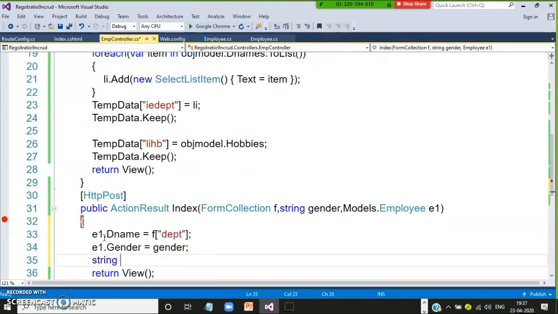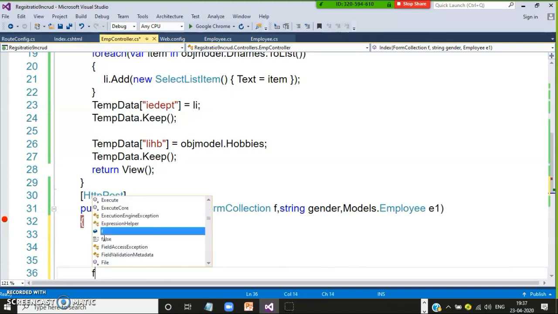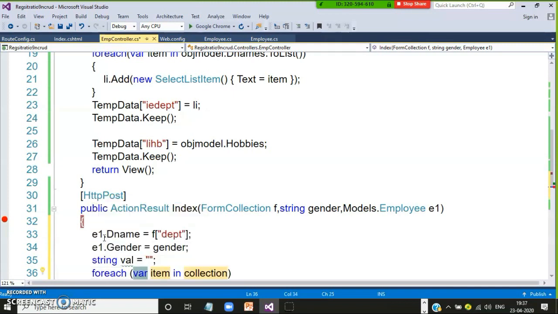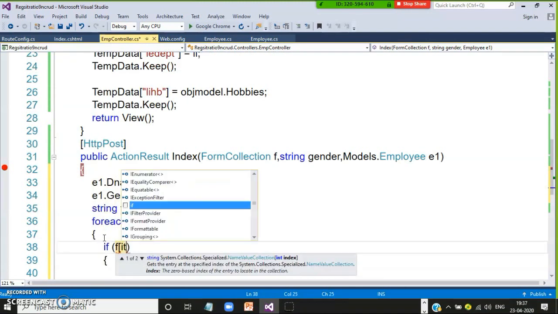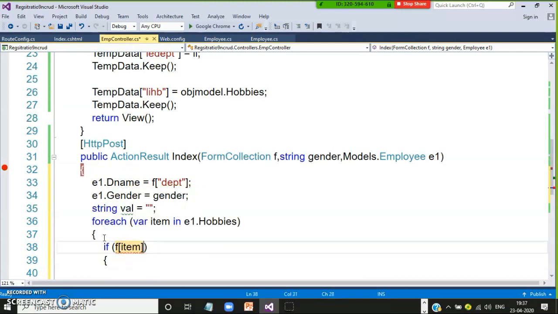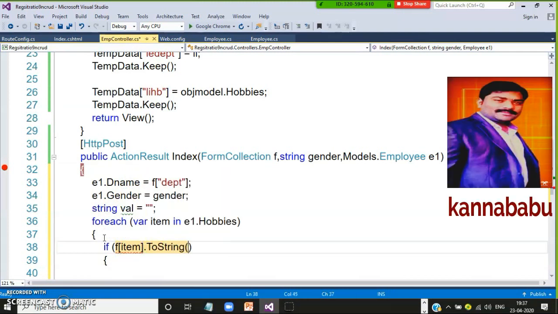Now I want to add the values in checkboxes. Here I will declare an empty string, and write a foreach loop. For each var item in e1.Hobbies, I will write an if condition: if f of item.ToString().Contains of true.